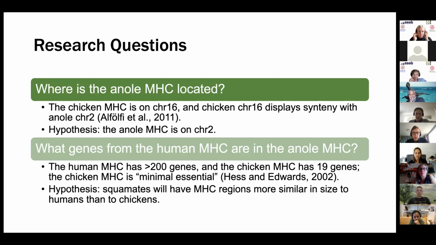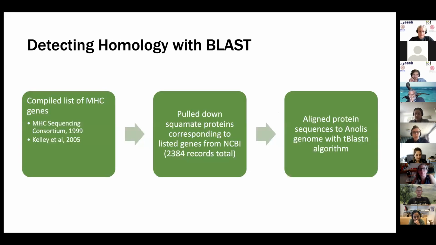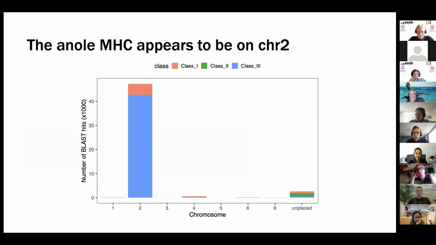So to answer that first question, where is the anole MHC located? We detected homology with BLAST. We made a list of MHC genes from a couple papers and pulled down the squamate proteins corresponding to the listed genes from NCBI for about 2,400 records total. And we aligned the protein sequences to the Anolis genome with the tBLASTn algorithm. And when we binned those hits by chromosome, we got this figure showing that the majority of our hits were on chromosome 2,